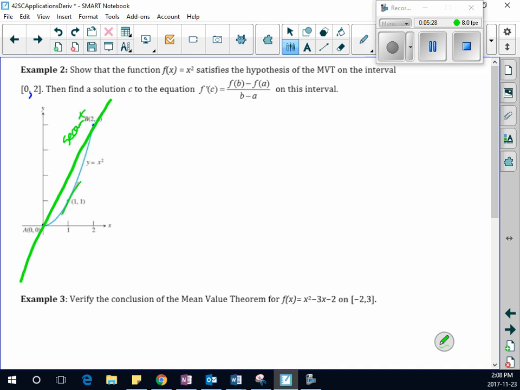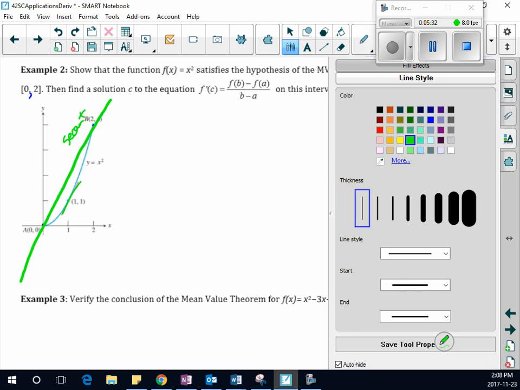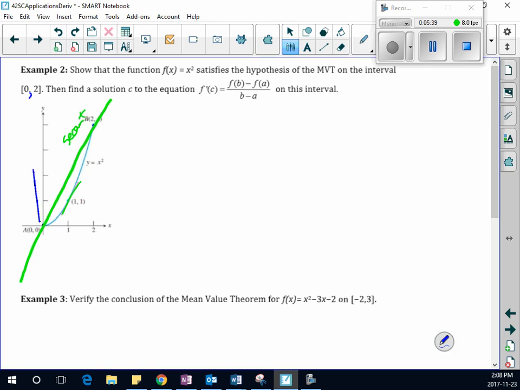How did I get 2? It's like grade 10 math, right? I'm going to measure. I went up 4 over 2. That's a slope of 2. So the slope of the secant is 2. You could also do it as m equals, if the 2 points are 2, 4 and 0, 0,